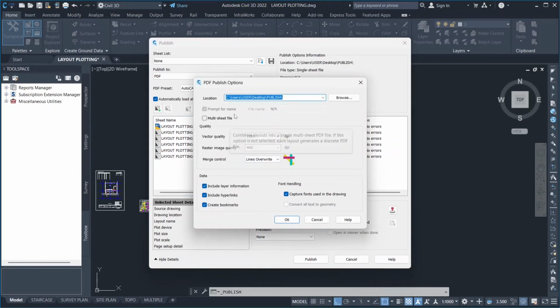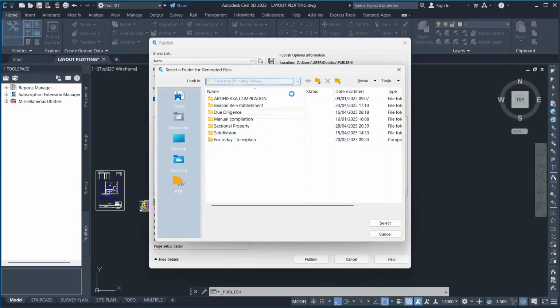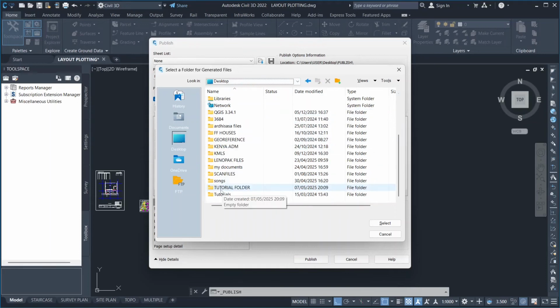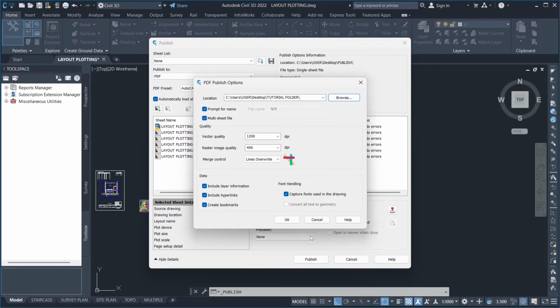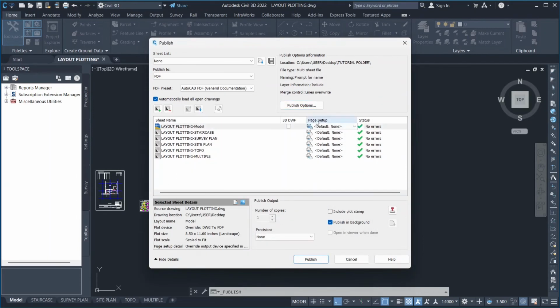If you want to print all of them to be multiple PDFs, you will select multiple sheet file. Then you can browse. I want to save them in the tutorial folder. Select and then OK. Under page setup, if you want all the PDFs to